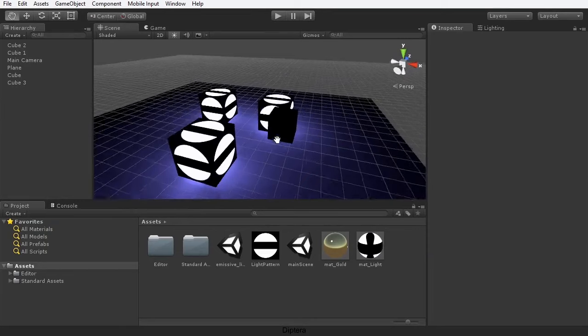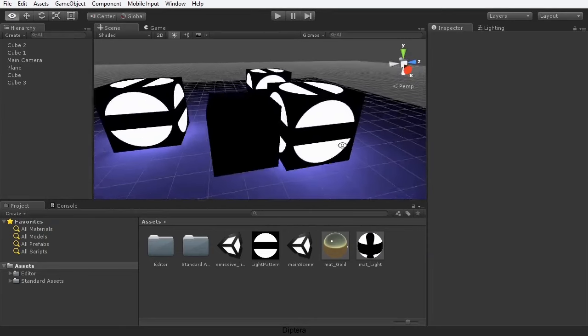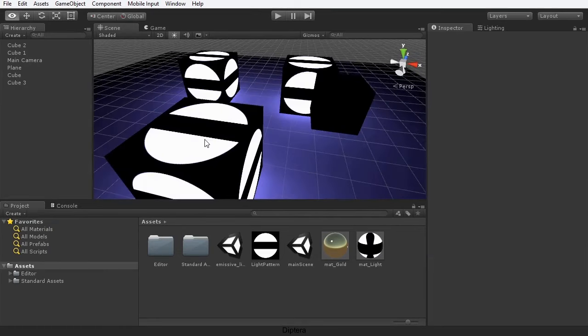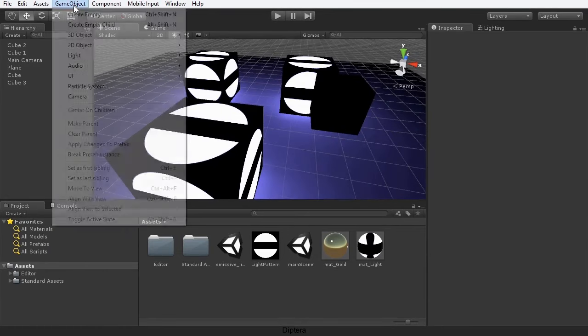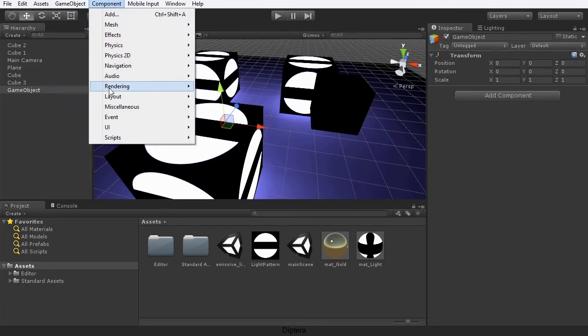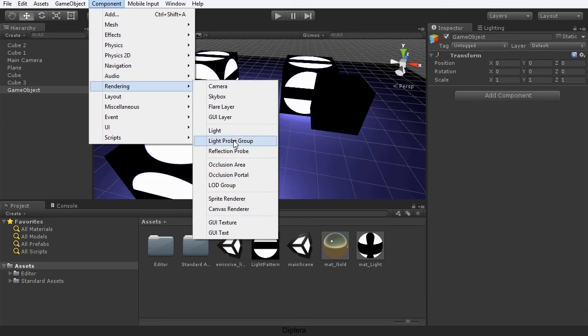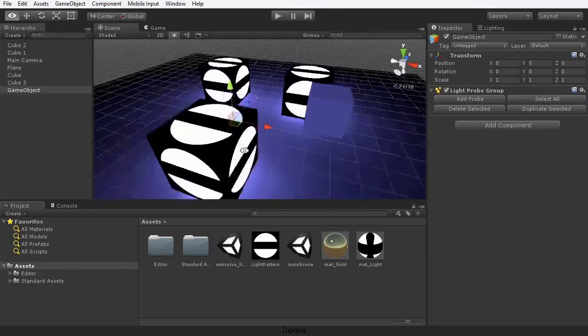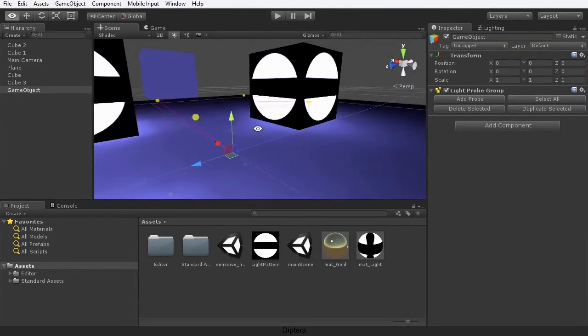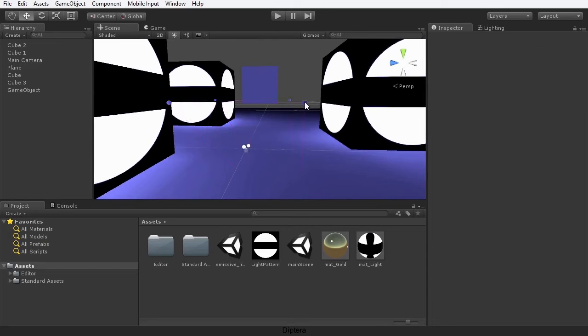You may remember that we covered the issue of light probes and how that can help dynamic objects, and we can apply that same principle here. So I'm going to choose Game Object, Create Empty. I'm going to center that at the world origin, and then choose Component, Rendering, and I'm going to add a light probe group. And when I do that, we then get all the light probes added to the scene. You can see those light probes added here. I'm just going to select one of the probes